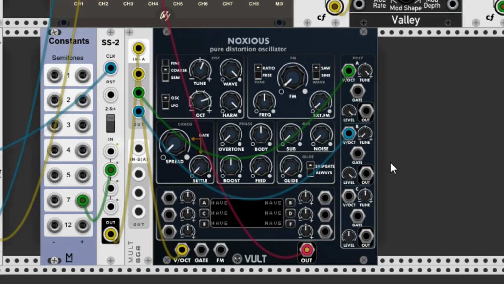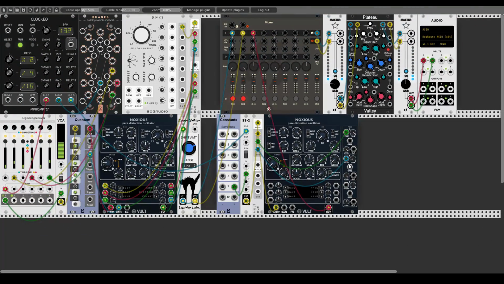And let's add some movement by modulating the harmonics. Again, I will use the LFO to the modulation matrix. Choose the harmonics. Let's close them a bit. Something like this. Very nice. Now let's also modulate the wave shape. This maybe. Let's add also some FM. Again, sine wave. Somewhere here.